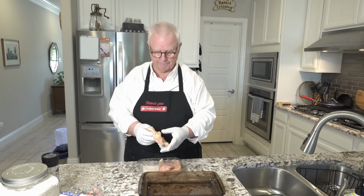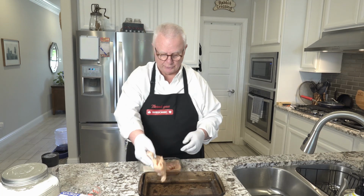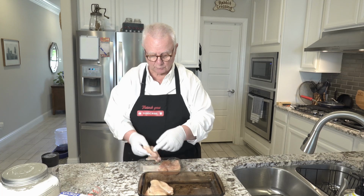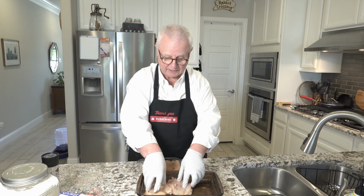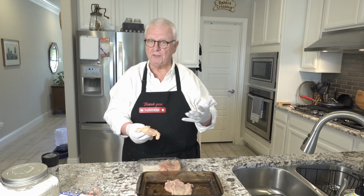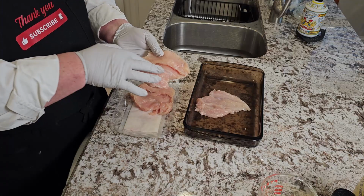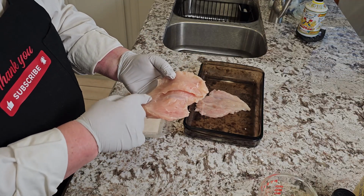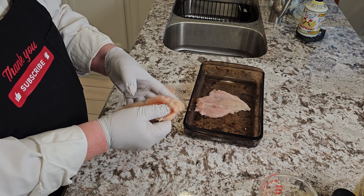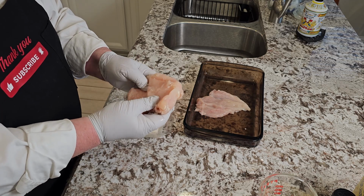But first, now you don't have to do this step, but I like to kind of fillet my chicken breast. That's the way that they actually do it at Chick-fil-A, to make the breast a little bit bigger, fit on the bun better, and there's some tendons that run on the back side of the chicken here, and you just kind of run your thumb up there and it opens it up, and this was much wider before,